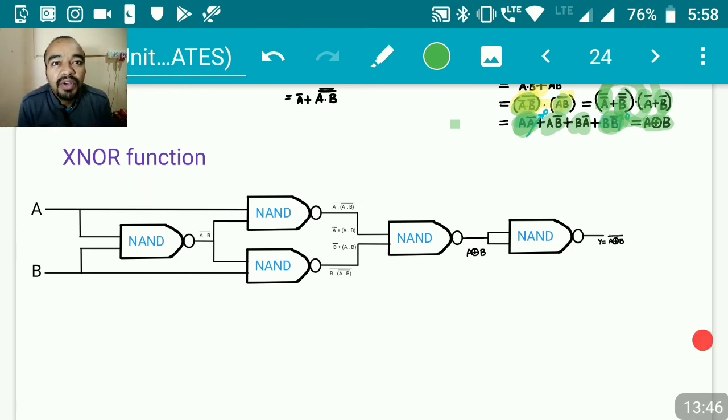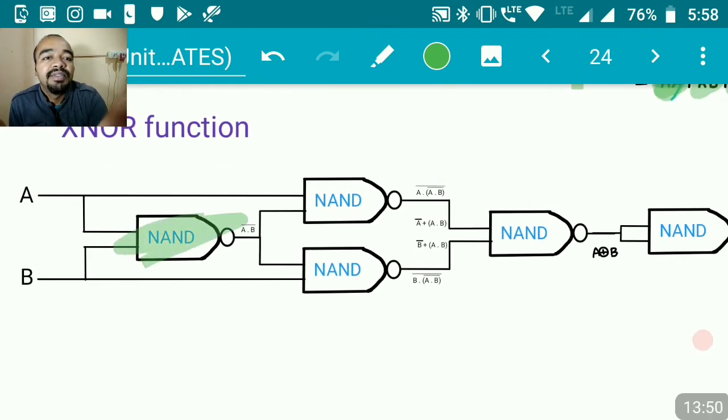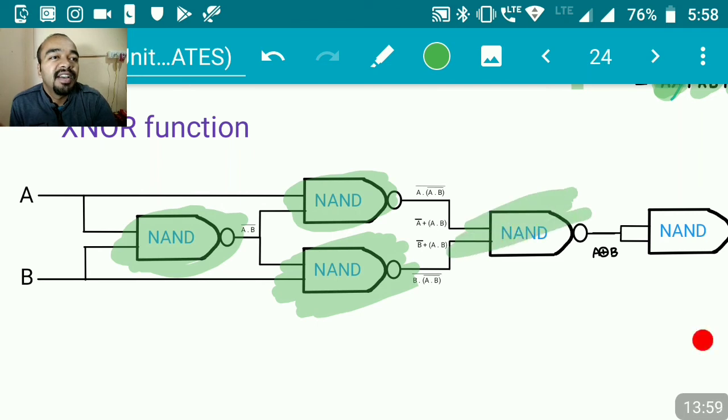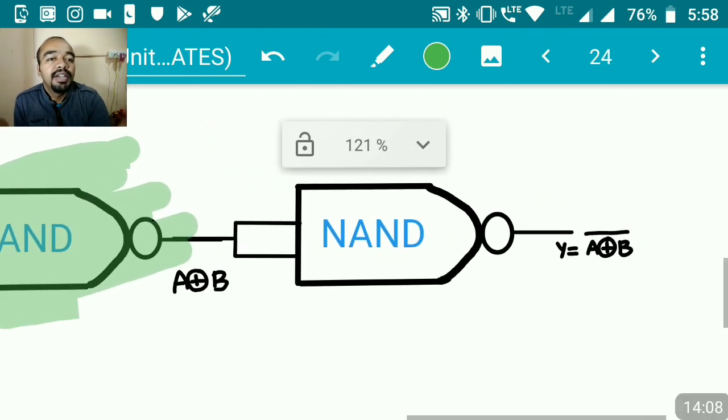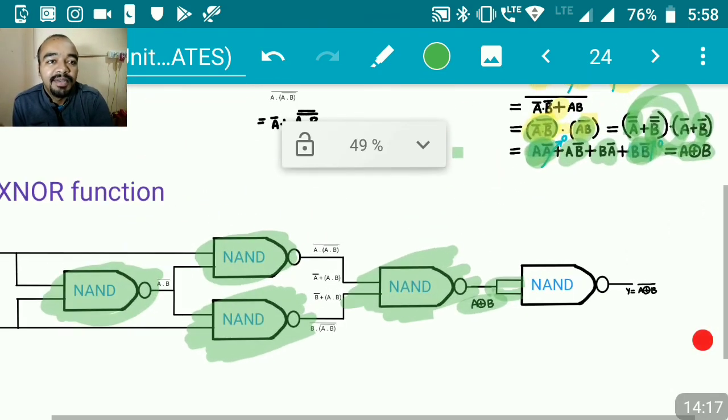How are we going to do the NOT of the XOR gate? We have all the 4 NAND gates that we used in the previous diagram. The same output is what we get at the end of the 4th NAND gate, A XOR B. Finally, we put the same A XOR B onto the first input and second input of the 5th NAND gate. Let us just check. Oh yeah, it's the 5th NAND gate.